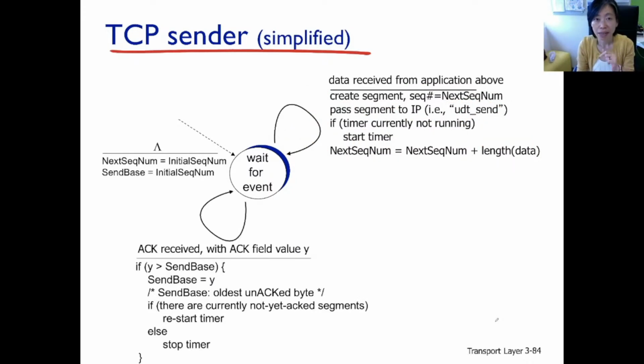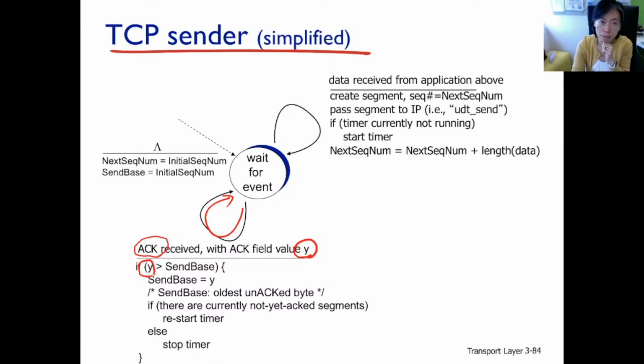And next, this is also a familiar transition. This is the transition when the sender receives an ACK. Similar to Go-Back-N's transition on receiving an ACK, we extract the sequence number from the ACK packet. Now, the action of the TCP sender here is different.